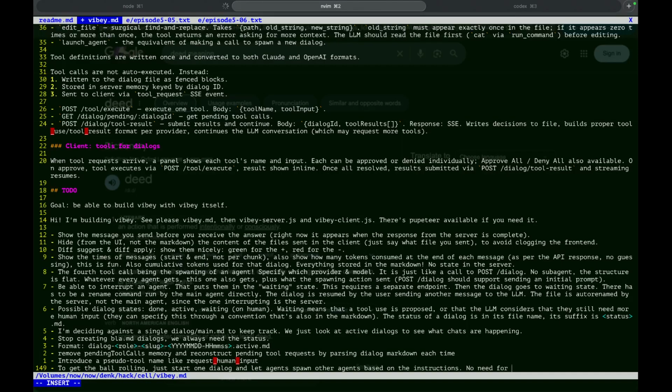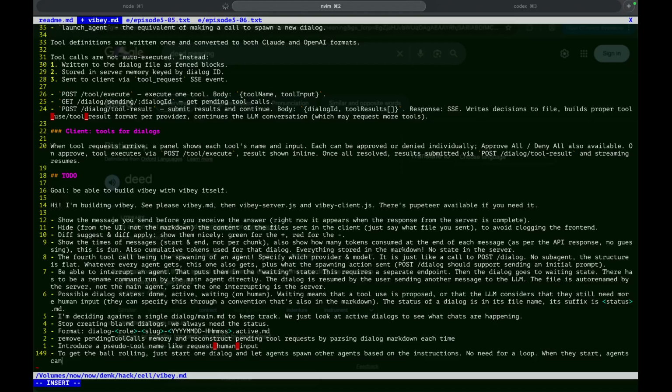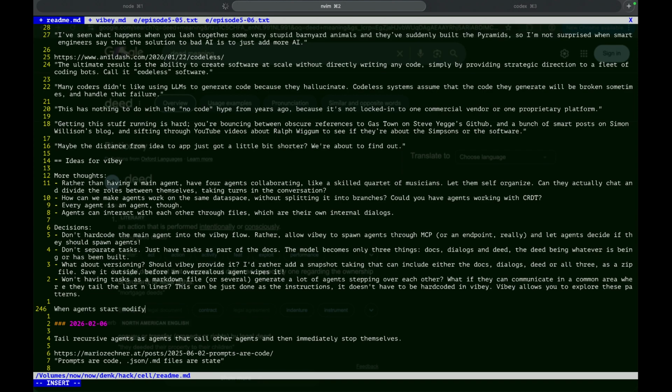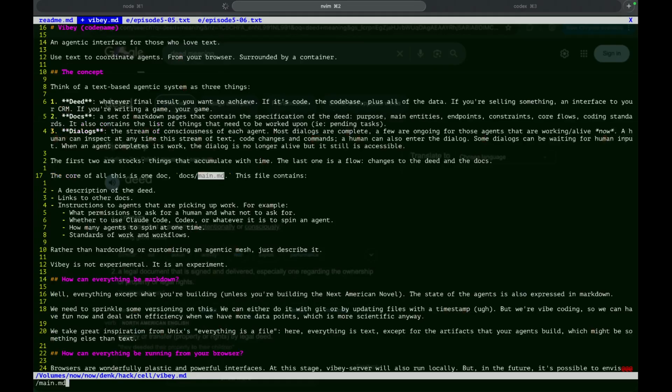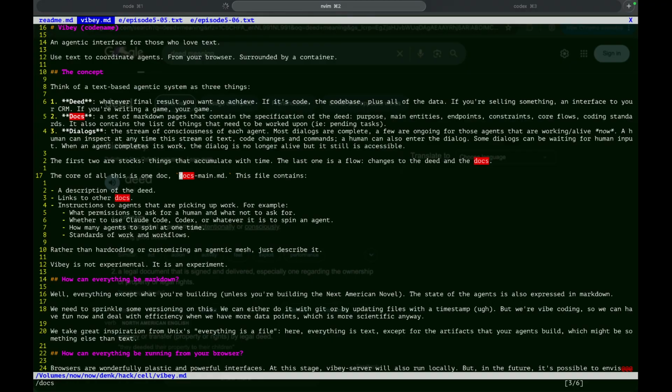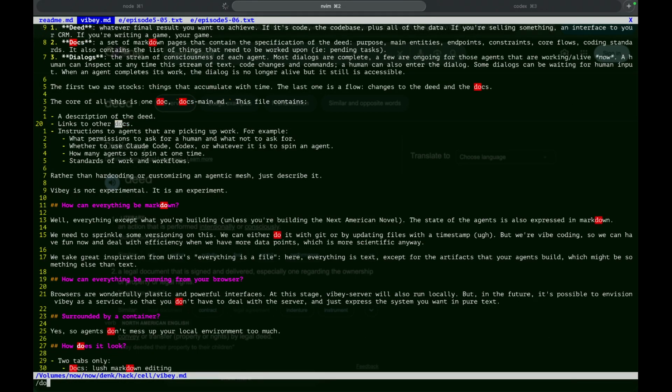No need for a loop. When they start, agents can figure out what's necessary, if they need to spawn more or not. When agents start modifying main.md, it can be just doc.